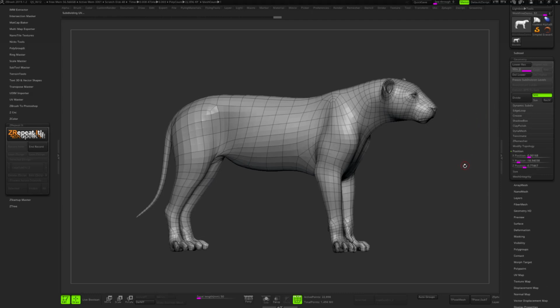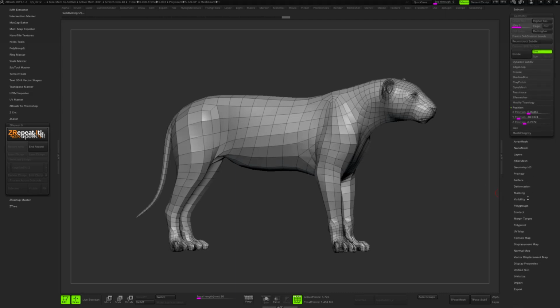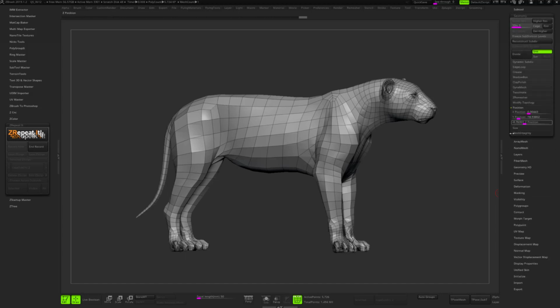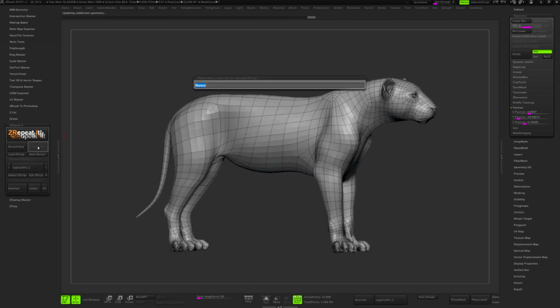Okay. Hit Shift D to go to the lower level of subdivision. I will go back in Morph Target, Switch, and delete my morph target. Then I will go in Geometry and click on this button, or I can click on the shortcut D to go to a higher subdivision. And from now I can end the record and rename my script. So this one will be my cage or morph target subdiv, or whatever you want to name it, cage subdiv 001, and click Enter.